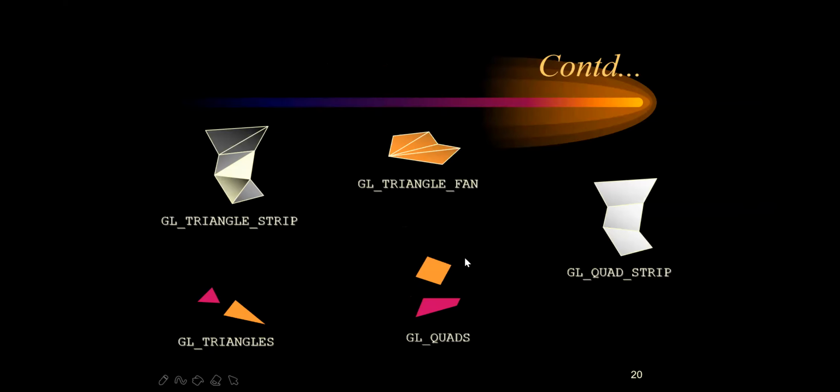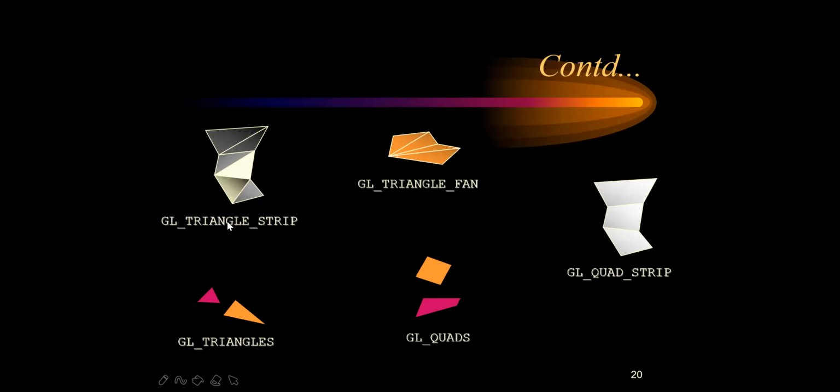Next one is your GL quads. This is a quadratic system where, if you write only this much, it will understand that it should accept four vertex points. Using those four vertex points, it will design the output in that way, whatever the four vertex points given. GL quads doesn't mean it will be a square or a rectangle. If you write GL underscore square, it will design the square, and if your coordinates are not according to a square, it will not draw. But it understands that it has to accept four vertex points. That is the difference.